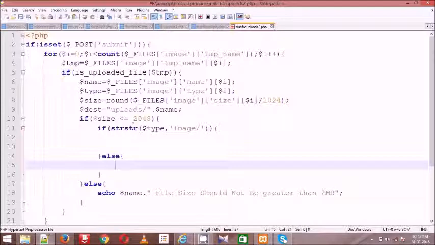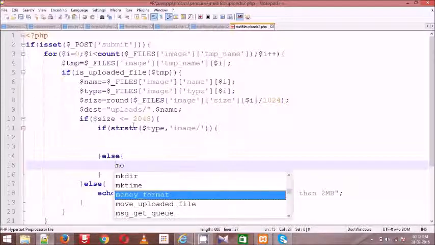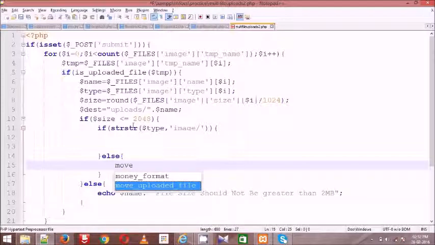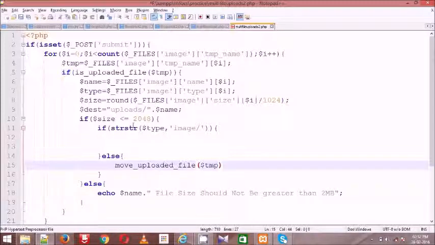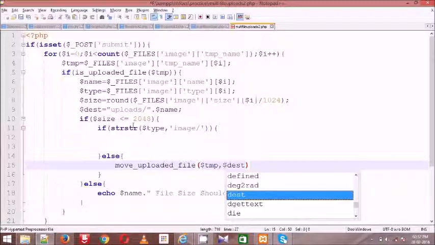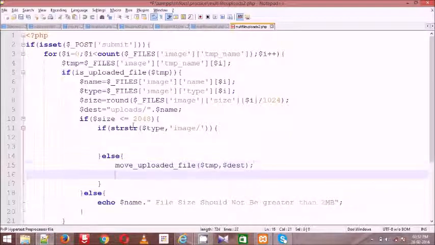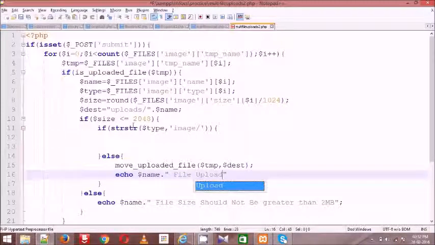So here, move_uploaded_file of $temp comma $destination. When the file is moved successfully, the file name uploaded successfully, right?